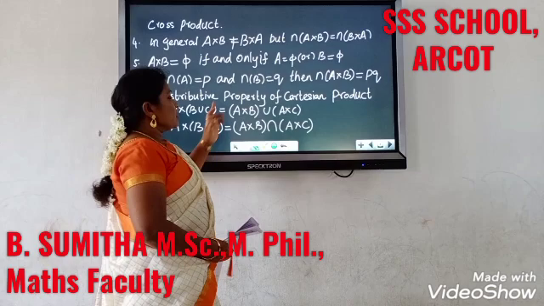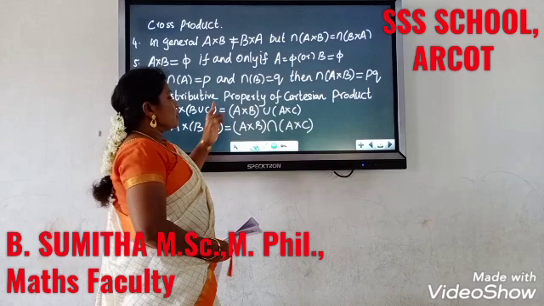And next, B cross A. B cross A is the value of B in set form {2, 3} and the value of A {1, 3, 5}. We write in ordered pairs {(2, 1), (2, 3), (2, 5), (3, 1), (3, 3), (3, 5)}, which we denote as equation 2. Now we have solved the first question, that is A cross B and B cross A. Now what is our second question? We have to show whether A cross B is equal to B cross A.